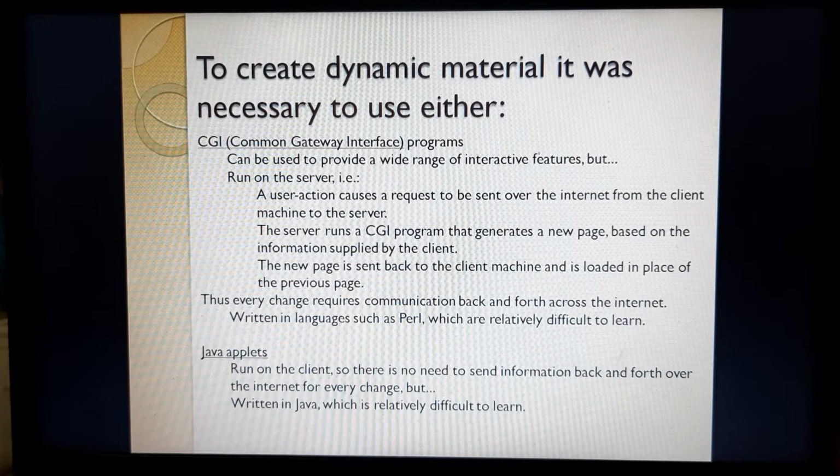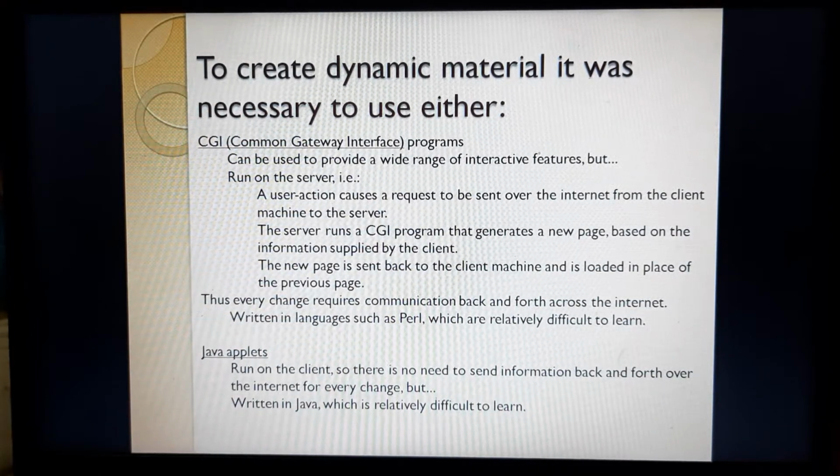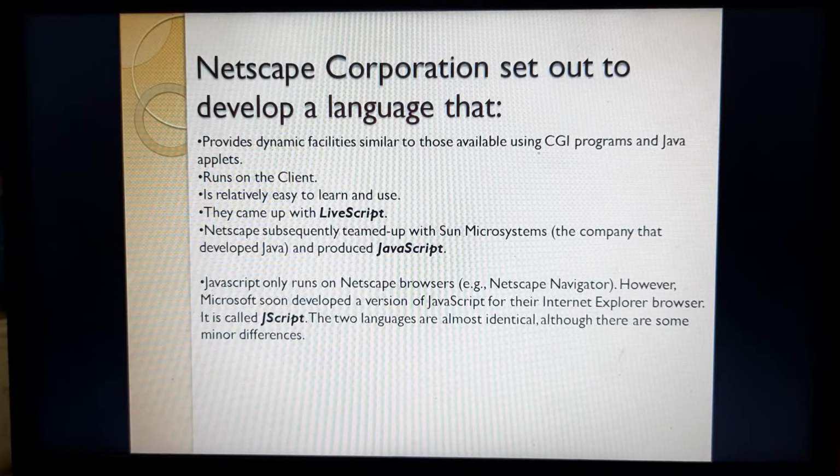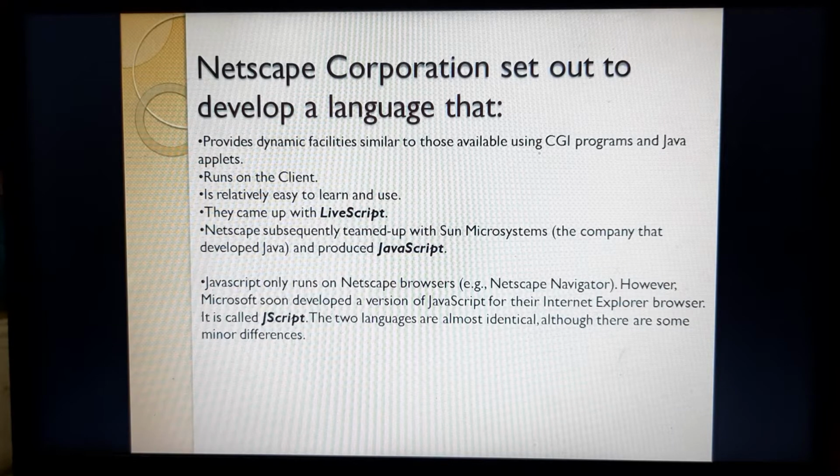But as we know, writing a program in Java is quite difficult compared to JavaScript. So hence we use JavaScript for writing the contents for dynamic web pages.